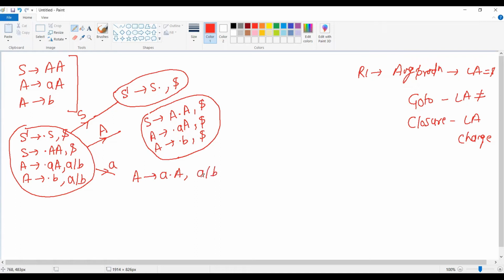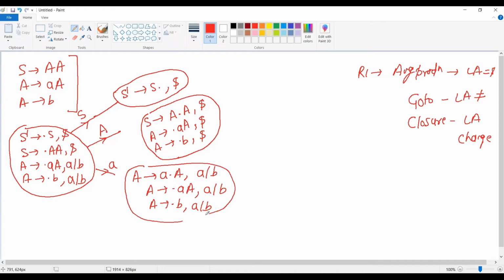Look ahead will not be changed for the go to operation, but you need to apply the closure for capital A. So I'll apply the closure for capital A, and after that I have to recalculate the look ahead. But after capital A, there are terminals. So I'll put the terminals as it is. But if it was a non-terminal, then I have to calculate the look ahead again.